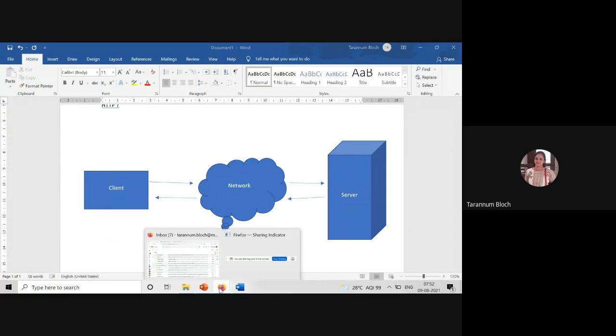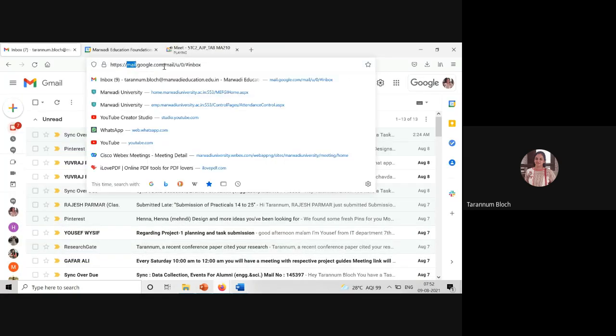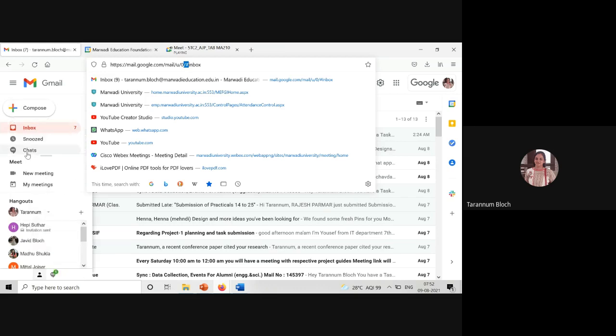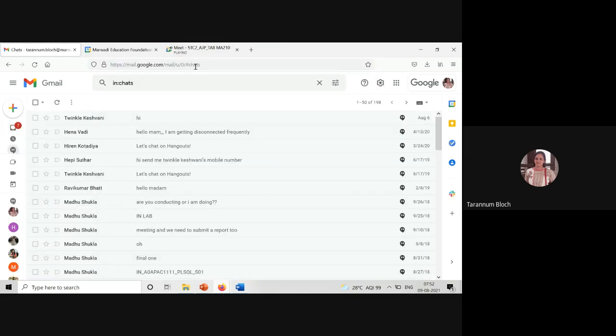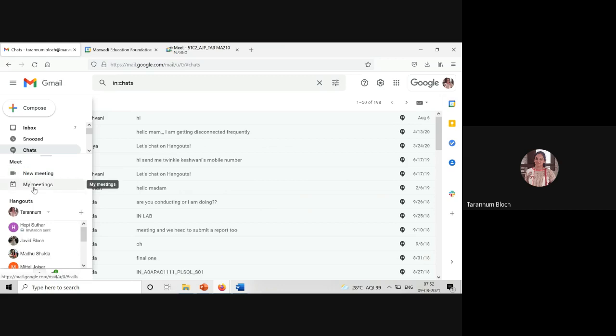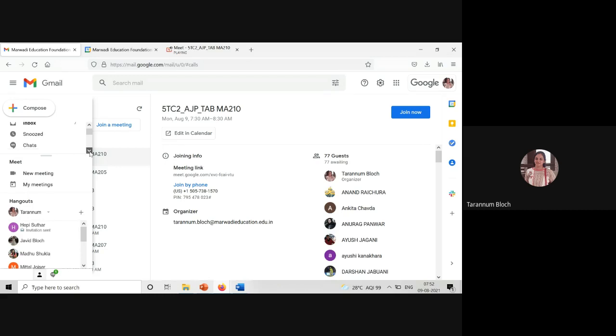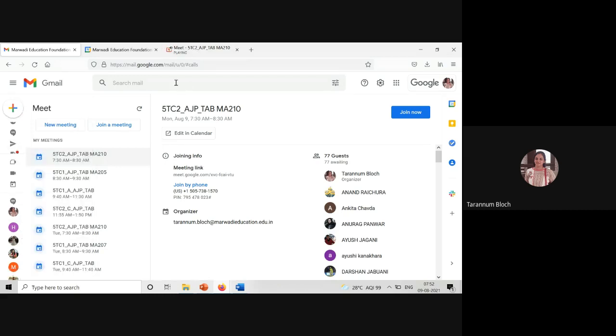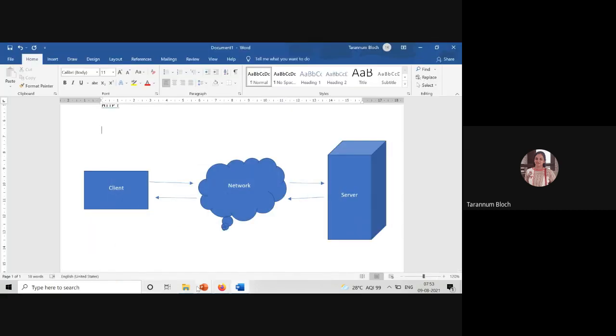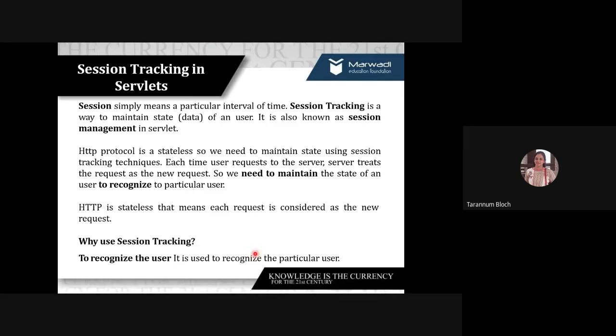And that's why you can see in the URL, we are writing HTTP google.com. This is saying inbox. When I click on chat, it says hashtag chat. When I click on my meetings, it says hashtag calls. Fine? As well, draft or everywhere. Whenever I go, it's a new request. It's something which is a new program running on the server, right? And we know that through the database connectivity, we are getting this response. So when I have this scenario, the user request is going through HTTP, and HTTP is stateless.